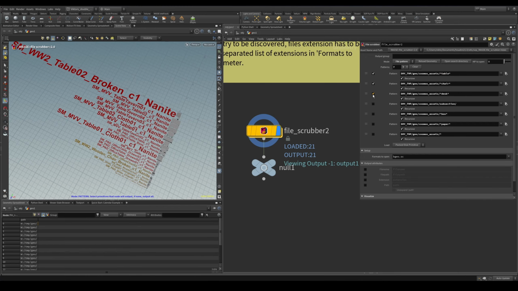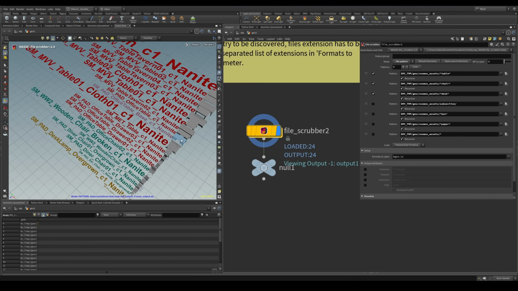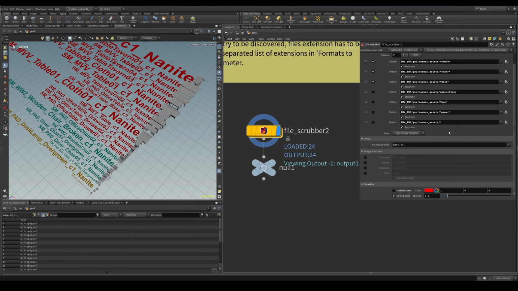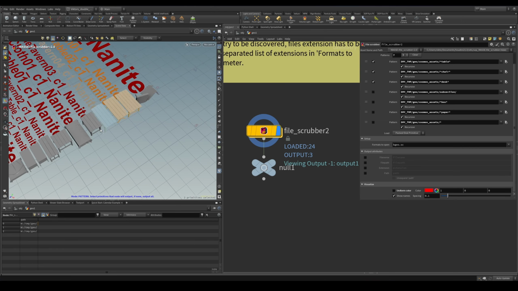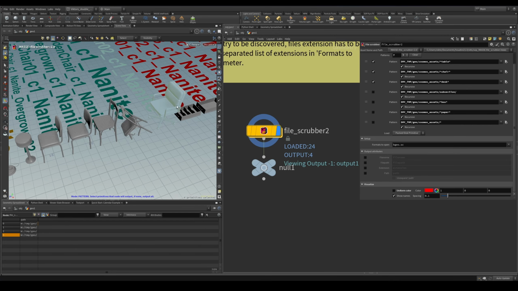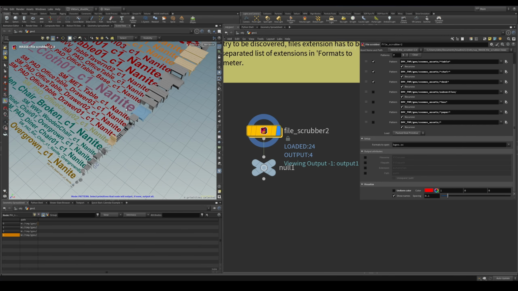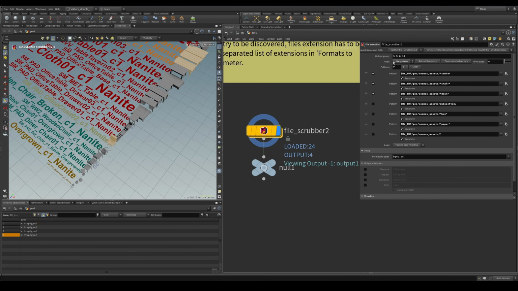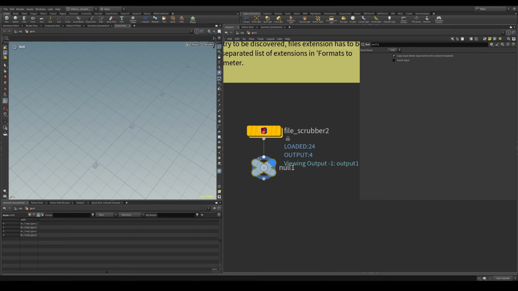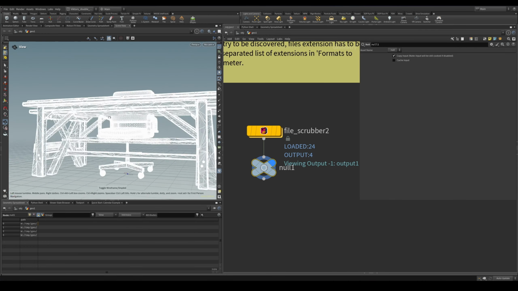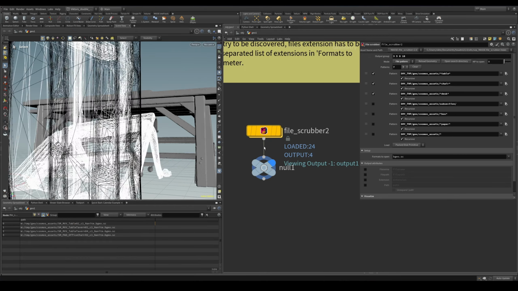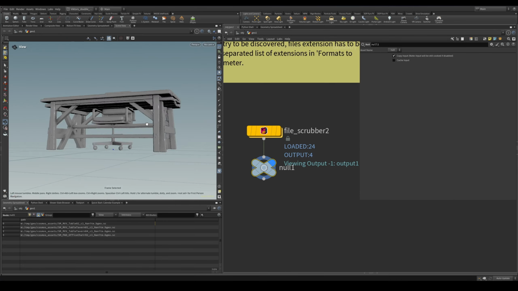So let's go ahead and turn on a couple more geometries. So let's say I have these. Let's go ahead and enter the viewport, and let's select maybe these three tables and maybe this chair. Just go ahead and select your geometry, and the output group is set inside here. So you can also set it manually for the output. You can see we have these four geometry files, and by default these are going to be packed disk primitives,